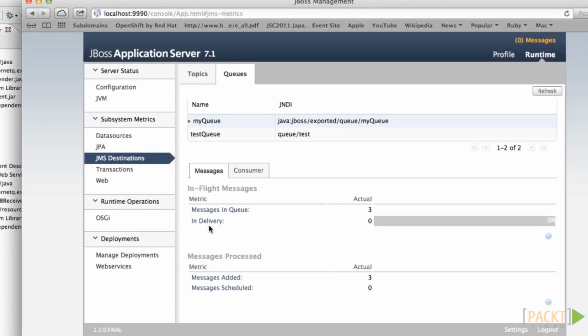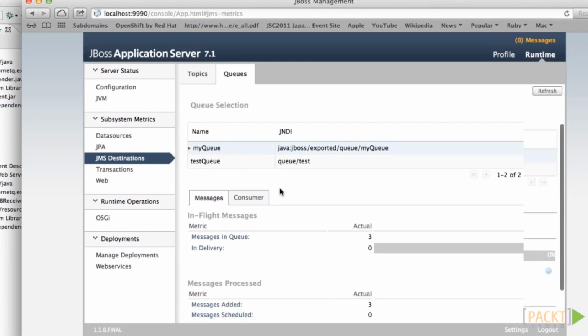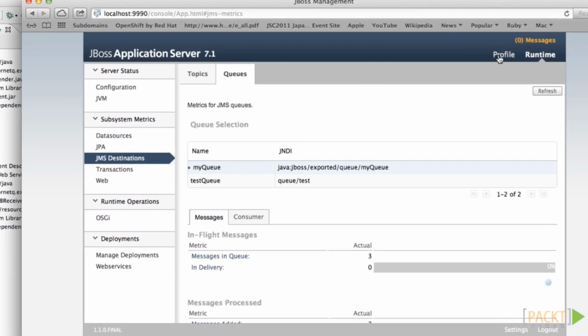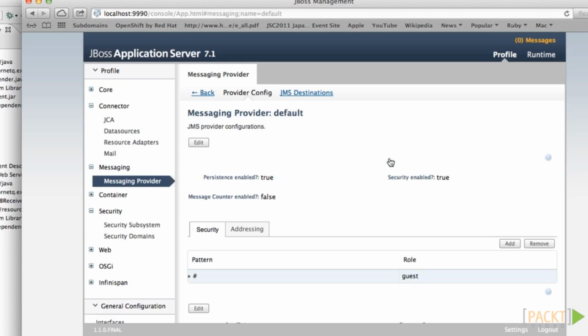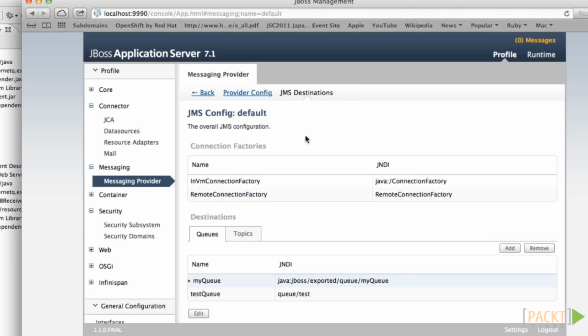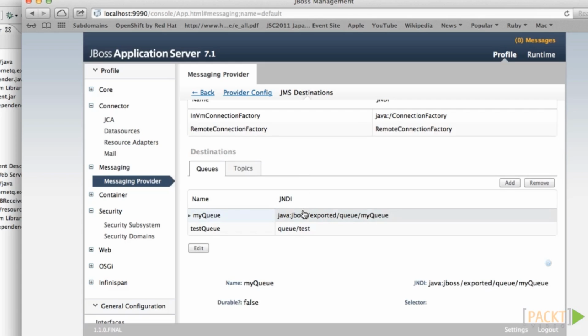We covered this in a previous section. So under profile, if you go to messaging provider, default and view, and then under the JMS Messages tab, you'll see that hopefully you have myQueue deployed, and this is going to have to be in the java:jboss/exported namespace for it to be accessible by clients